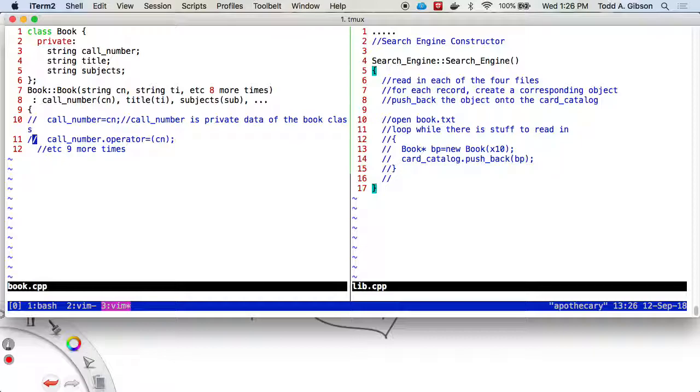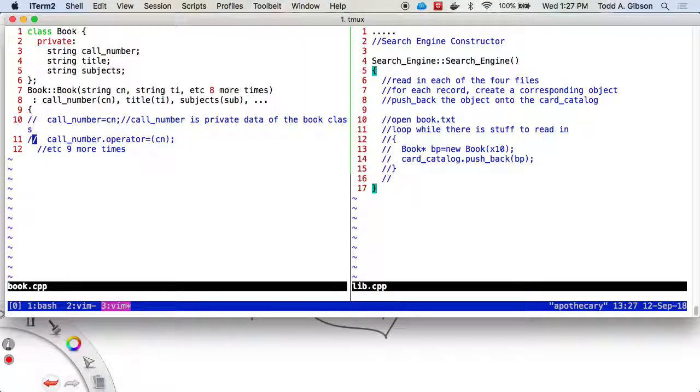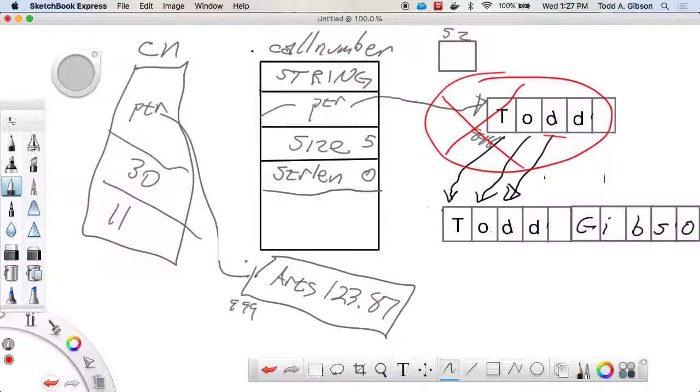Yeah. I see how you mentioned we're calling the overall assignment operator. Is it the same as a copy constructor? It is not the same as a copy constructor. So a copy constructor is a constructor, which means that,